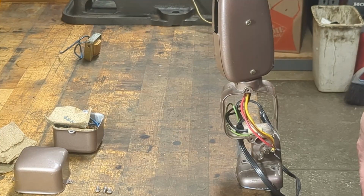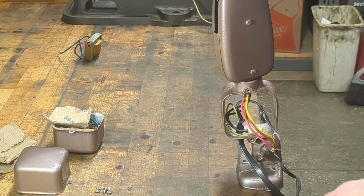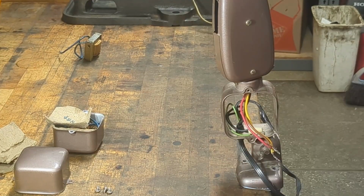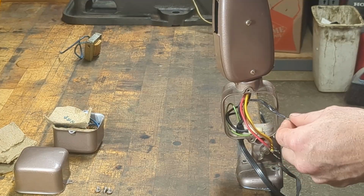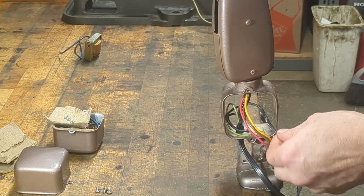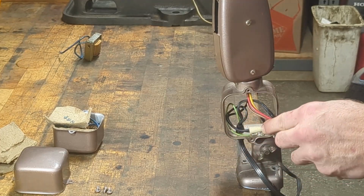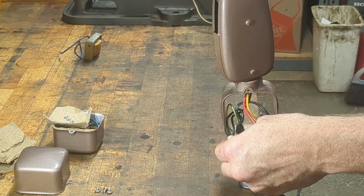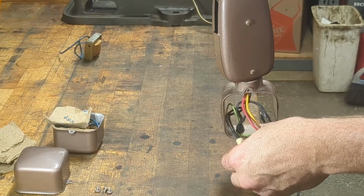Now we're going to finish up with the last piece of wiring. We're just going to connect the wires coming in from the plug into the wires that eventually lead up to the top of the lamp. So we've got a couple sets of wires. The red, yellow, and brown again are going to be our neutral wires coming down from the top. This black here is the neutral wire coming out of the plug. We've got a green wire here, which is earth, and these black wires here are the positive 120 volt coming